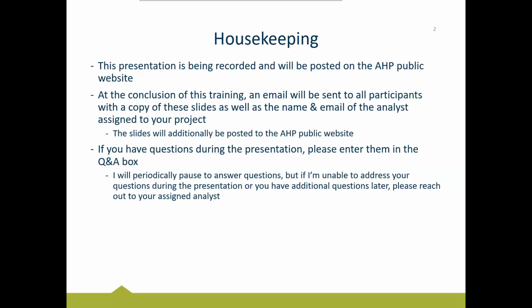In that email will also be the name and email address for the analyst that's assigned to your project. As much as I really enjoy getting to do trainings and talk to you guys and answer questions, we run about 80 different projects simultaneously. So we have a wonderful team of analysts that we distribute all those projects out to. Those analysts are each assigned to projects, and they'll be in charge of reviewing your disbursement requests, going through the information and kind of being the expert on your project. So I will give you the name and the email address of that analyst. If you have any questions after this training, or just questions going forward during the disbursement process, they're going to be your main point of contact.